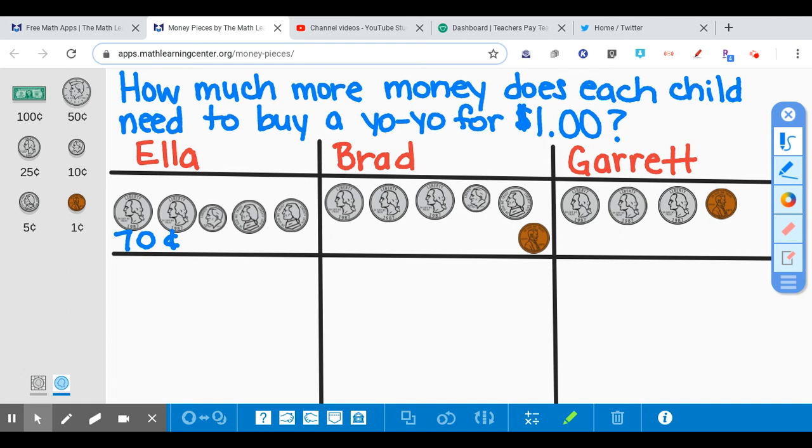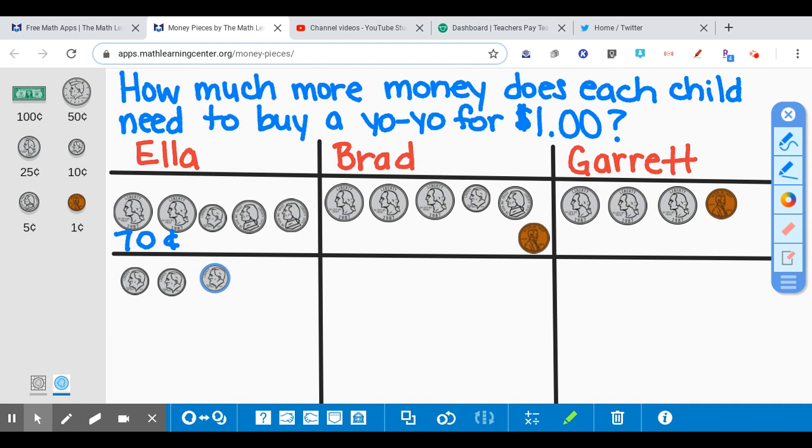Well, I know that 70 and 100 are both numbers I say when I count by tens. So if I start at 70 and I count by tens, that means that I'm going to be adding dimes. So if I start at 70 and I add another dime, I'm now at 80. If I add another dime, I'm now at 90. And to get from 90 to 100, I would need one more dime. So to get from the amount Ella has to $1, she would have to add 3 dimes, which is worth 30 cents. There are other ways that she could have gotten her dollar, but that's the way that seemed easiest to me